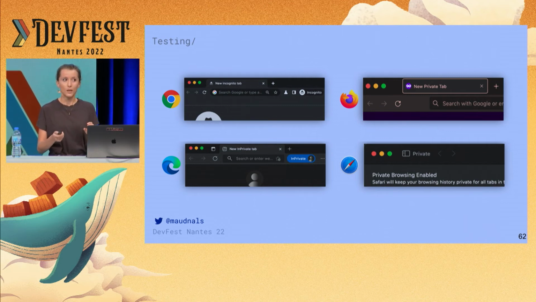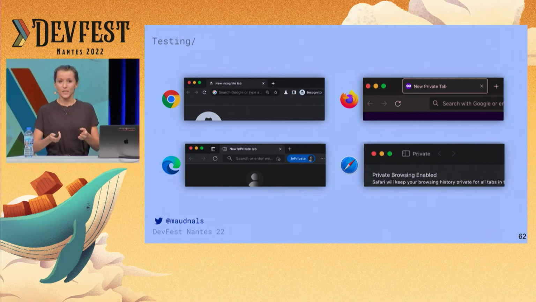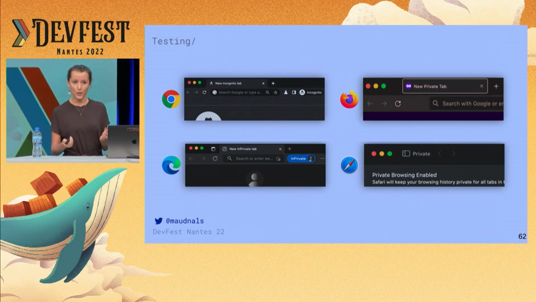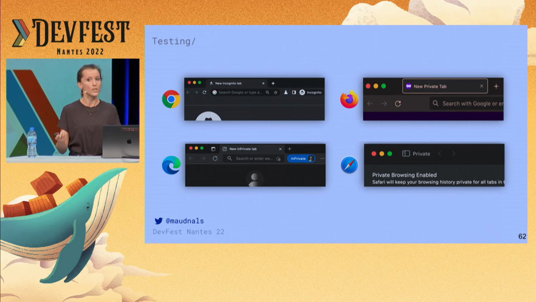What I mean is really to consider adding private browsing modes as one to-do in your list of testing to-dos when you test across browsers. That's what I mean. And I know it's already time consuming to test across browsers. So I was asking myself, how do you decide how much of a priority that is? Should you always do that across all browsers?